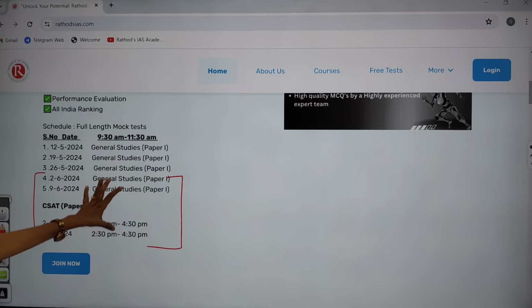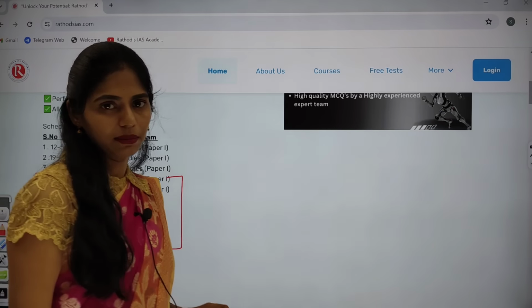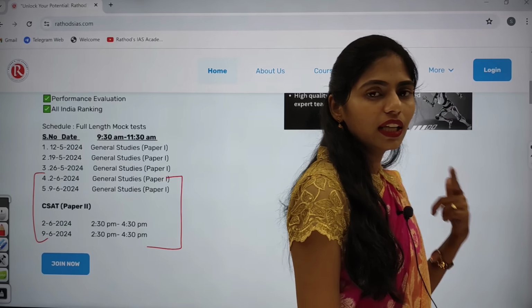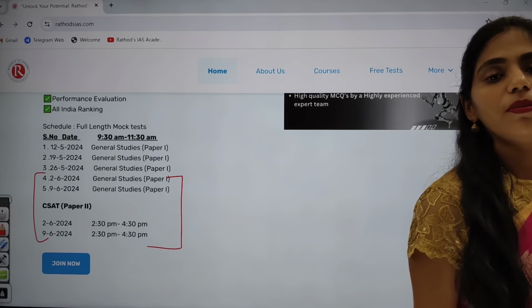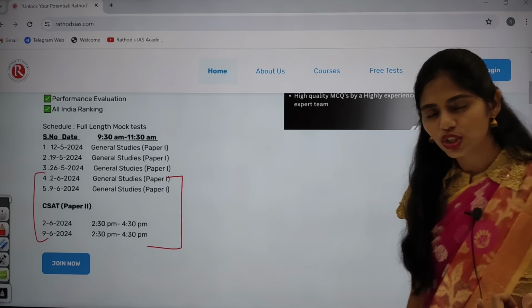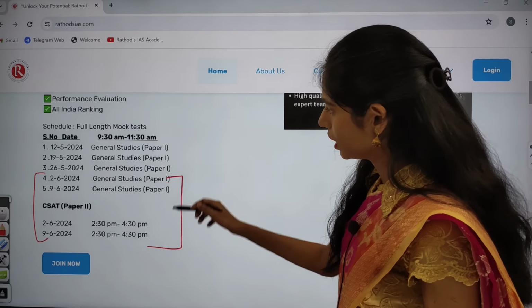Okay, so at least take 2 tests on that timing. Because of that, you can modulate your mind and arrange your body's circadian rhythms according to